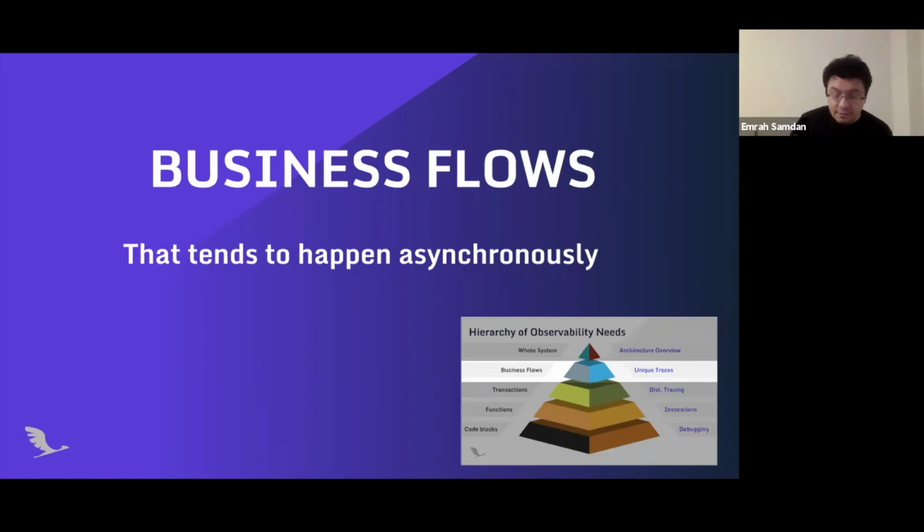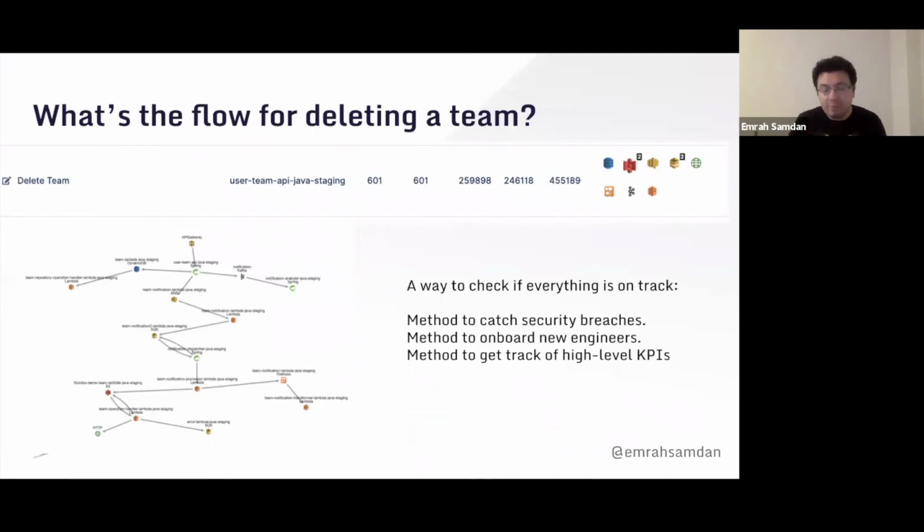The next item is the business flows. In serverless, as I said numerous times, you do distributed transactions happening together. For example, if you are doing an online game and you are deleting a team, this transaction happens over and over again. If you have a way of keeping track of these, you can understand some KPIs about it: how many times it happens, how many times it was erroneous, how long it takes, although it is asynchronous. And you need to also understand if this is performing well or not.